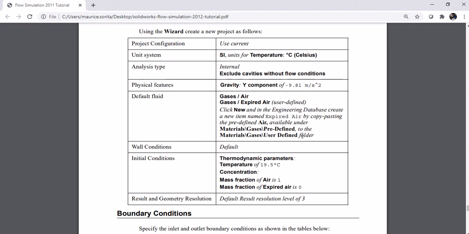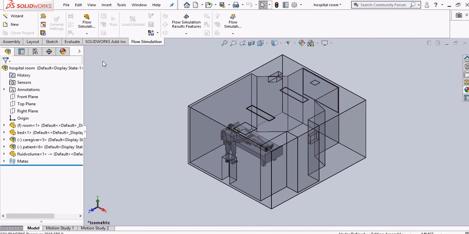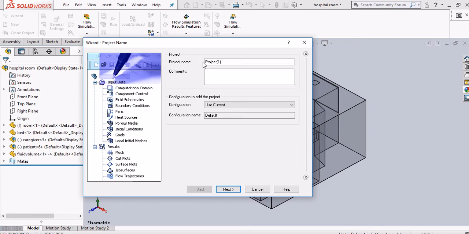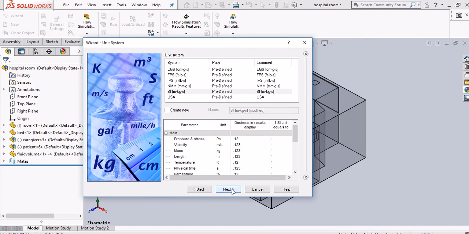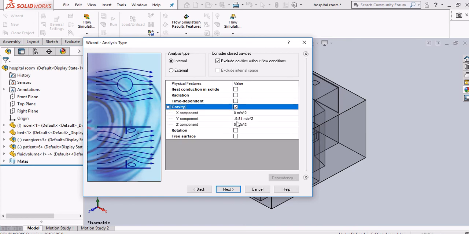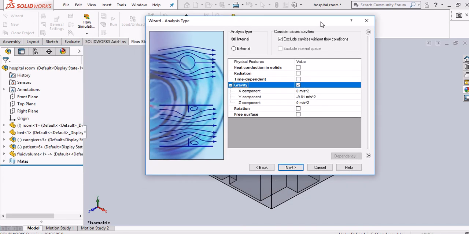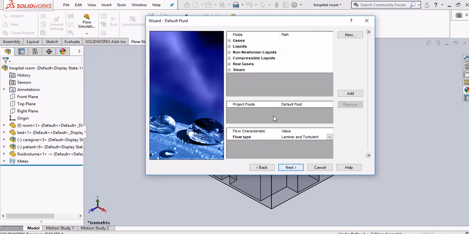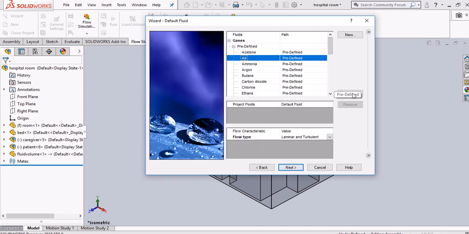Okay, so let's set up our flow simulation first. We have to go to the wizard, click next, SI units as discussed, internal, then as per our example, we activate gravity and indicate the gravity at Y component 9.81. So Y negative, because the arrow is pointing outward, so we have to make it downward. Gas is air, add,